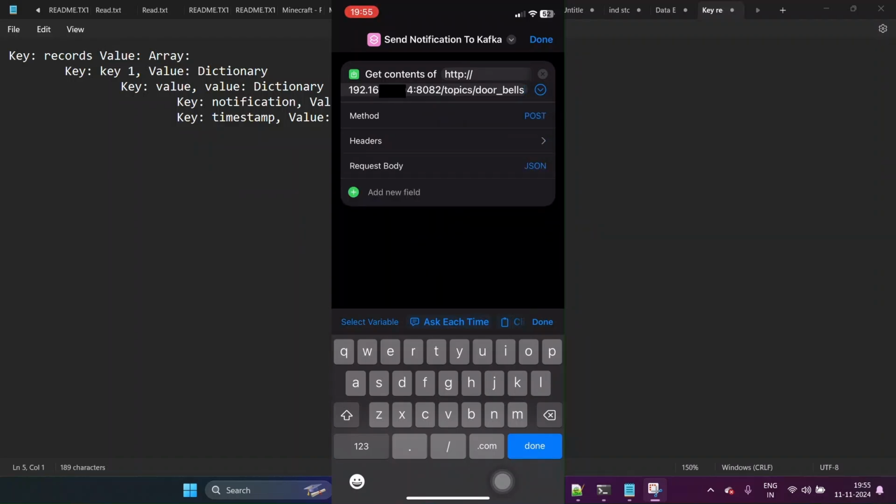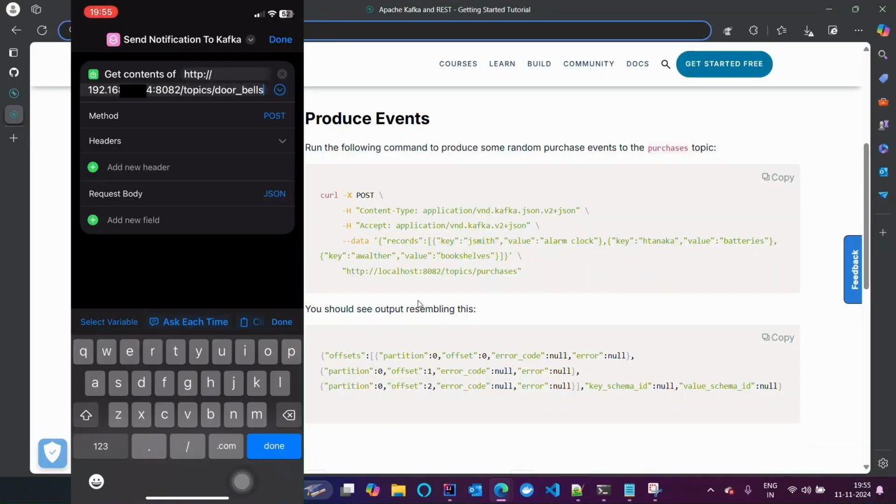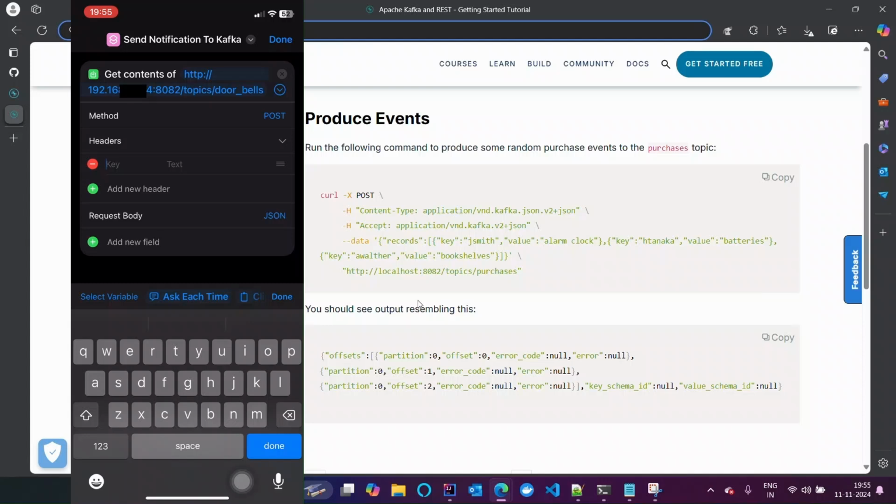So that's your REST proxy endpoint, and then you can change the method to post. And in the headers, viewers, you can just add a new header there, and in the key you can type content-type, and in the text bar you can just type application/vnd.kafka.json.v2+json,